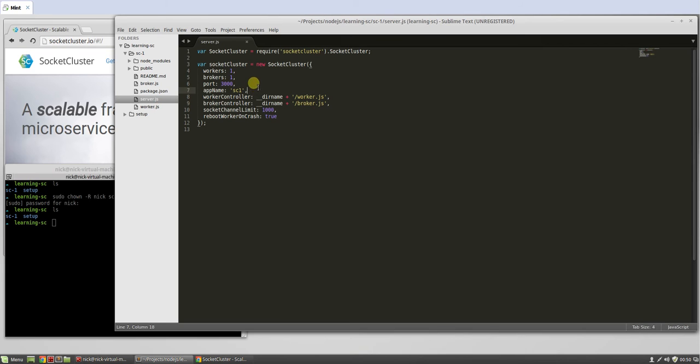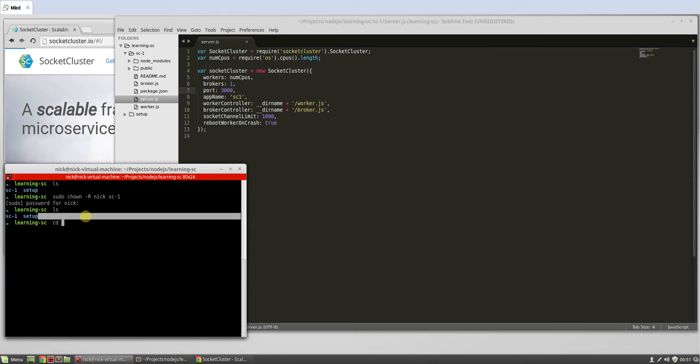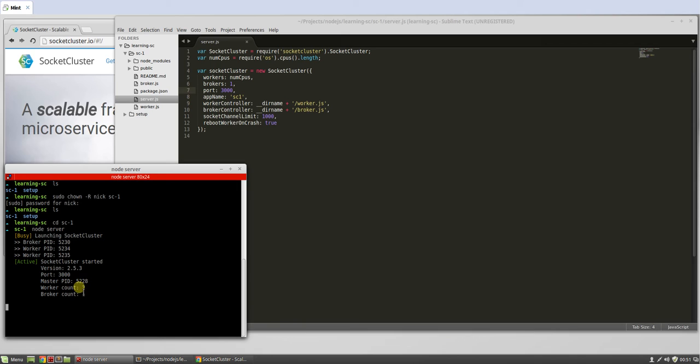So that's how I typically like to set up my server, and I also like to make the number of workers that spin up dynamic, based on the number of CPUs. So what I do is var cpus equal to require os.cpus().length. Actually, let's do cpus.length, and then we change this to cpus. Save. We can go to SC1 and run node server, and you'll see it counts the number of CPUs, which